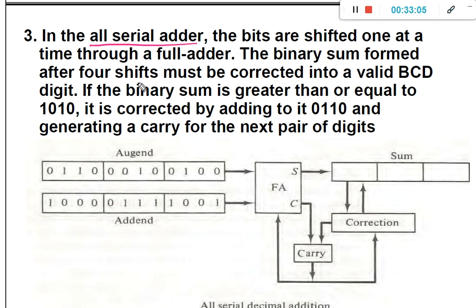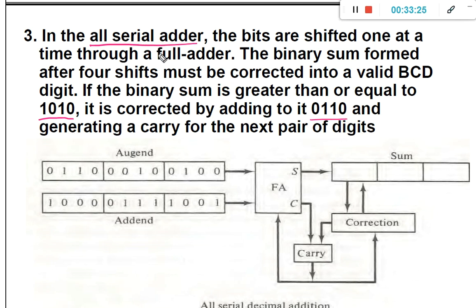The binary sum formed after 4 shifts must be corrected into a valid BCD digit. If the binary sum is greater than or equal to 1010, it is corrected by adding to it 0110 and generating a carry for the next pair of bits.